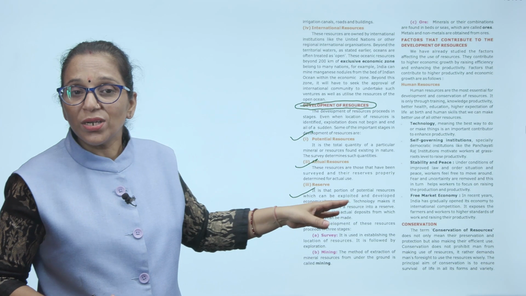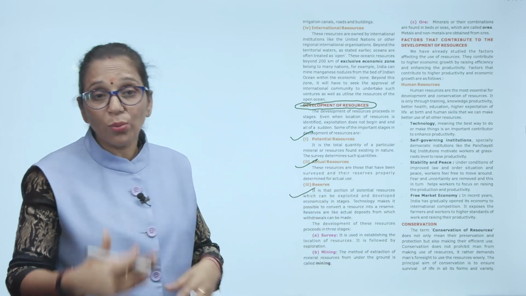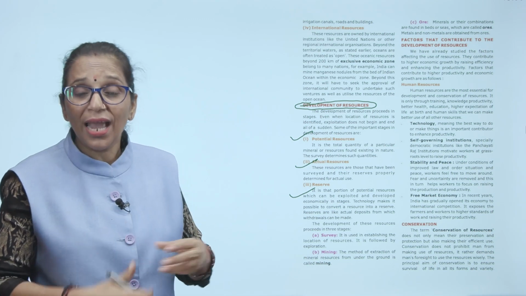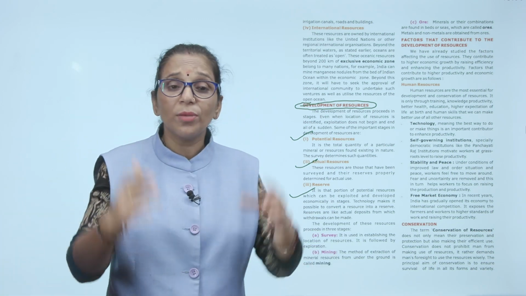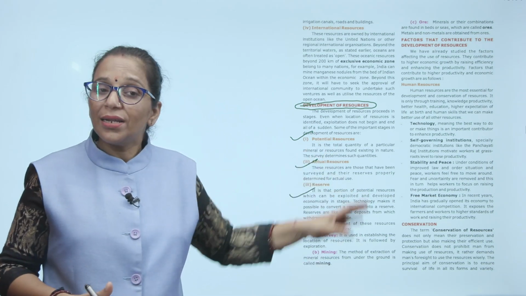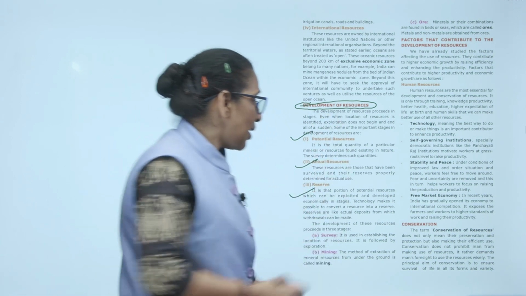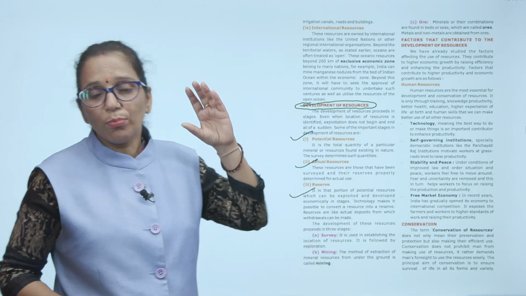Second is actual resources. Actual resources are those that have been surveyed, their quantity, quality, everything is surveyed and now in the present we are using them. We are utilizing them, that is actual resource. Then third is reserve. It is a portion of the potential